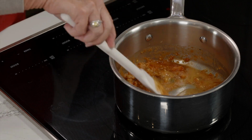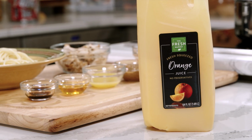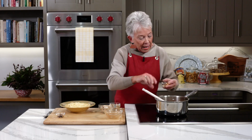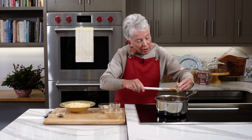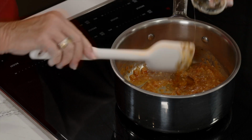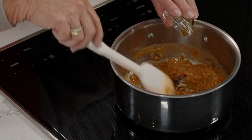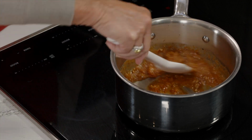Now I've added in my fresh market orange juice. And isn't that an unusual ingredient for this? You know, you get a little bit of that citrus. And now I've got honey. And I picked this up at the fresh market as well. This is their brand. Just love to bake and cook with it. And then some soy sauce. All right, so I'm going to let that just kind of cook for just a minute